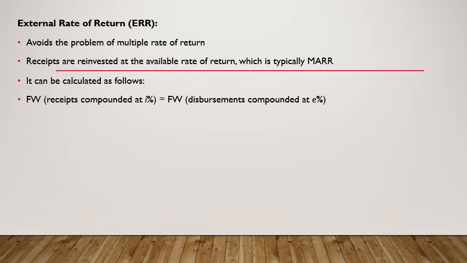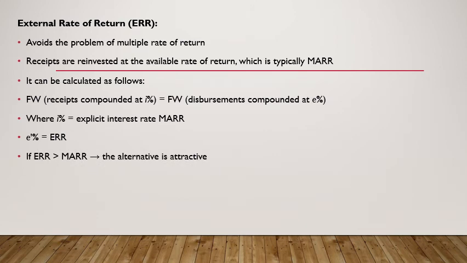Say the future worth of receipts compounded at I% must be equal to the future worth of disbursements compounded at E%. I% indicates it is MARR and E% indicates it is ERR. Okay, and the future worth of receipts obtained at MARR must be equal to disbursements or the cost of capital at ERR. And if ERR is greater than MARR, then the alternative is